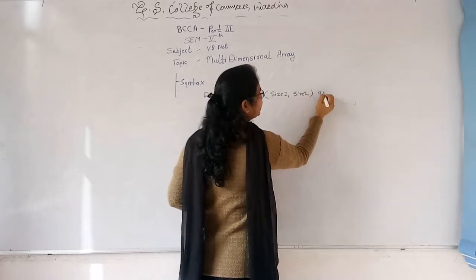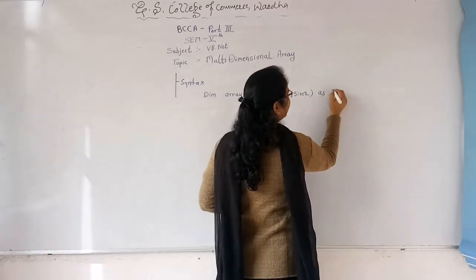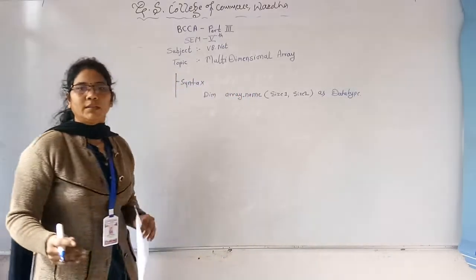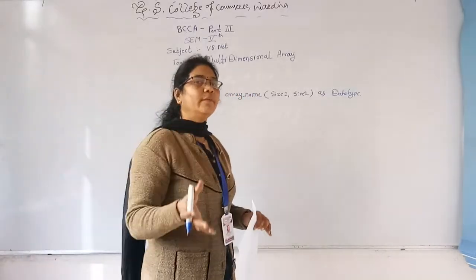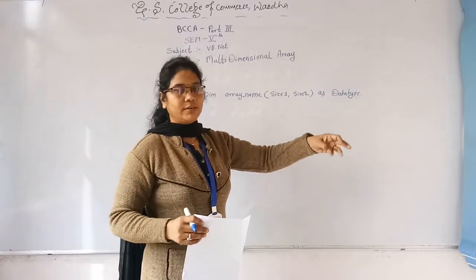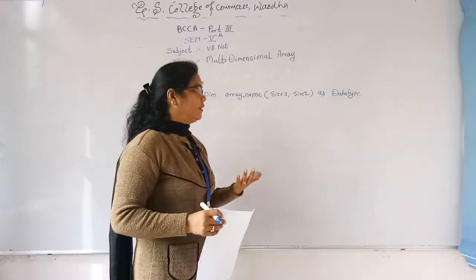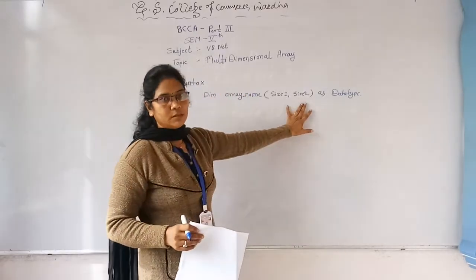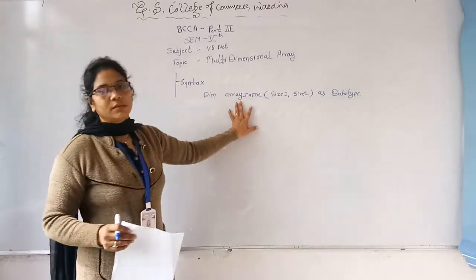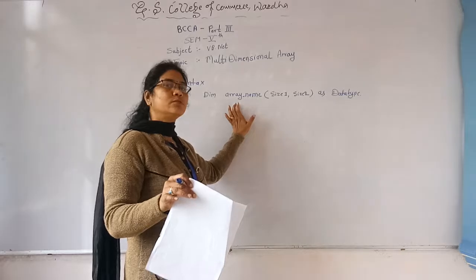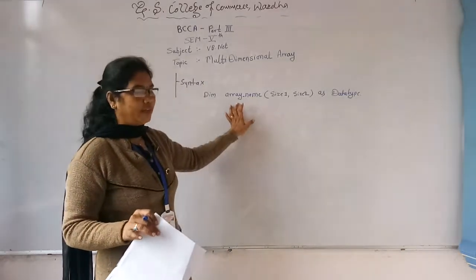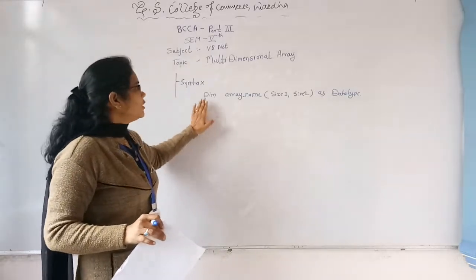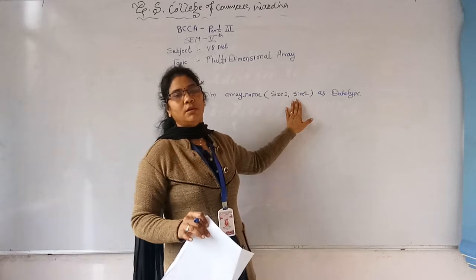Then As, again a keyword, then the data type. The data type is whatever element you want to store in that particular array, like string, float or double or anything. Here we consider integer. As is a keyword, size 1 and size 2 are nothing but the rows and columns. The array name is any valid name which follows all rules for defining a variable or identifier name. And Dim is nothing but dimension. So this is the syntax for creating a two-dimensional array.